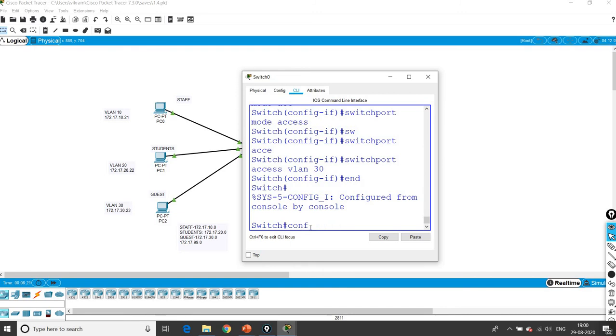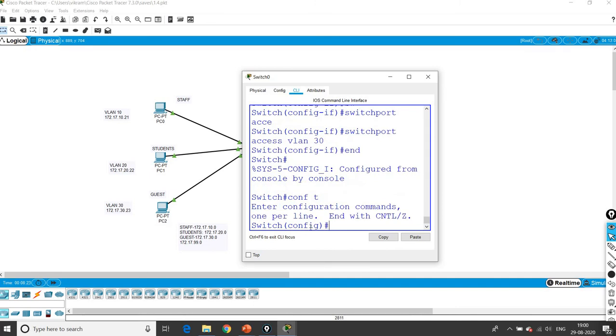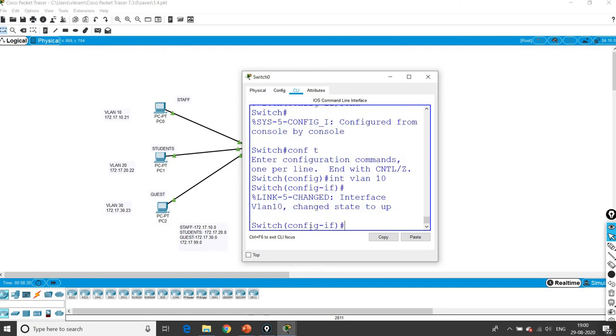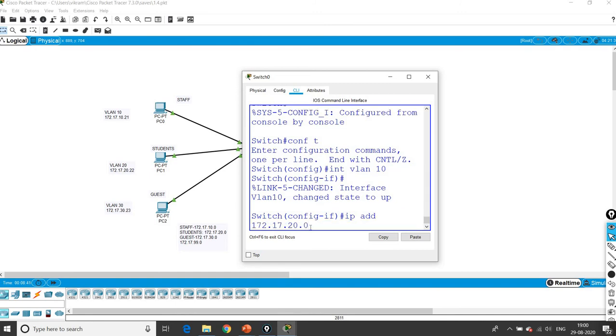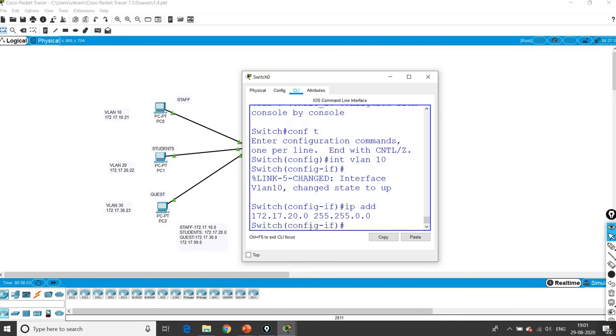Go for global configuration mode, interface VLAN 10, and ip address. What is the IP address? 172.17.10.0, followed by the subnet mask 255.255.0.0. Exit.